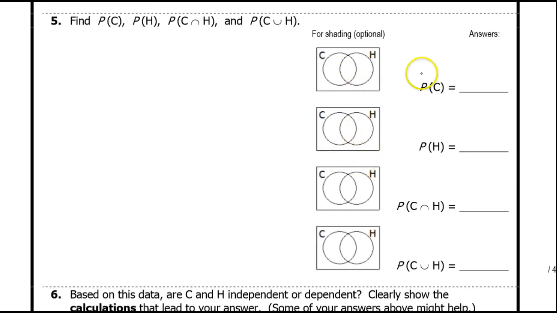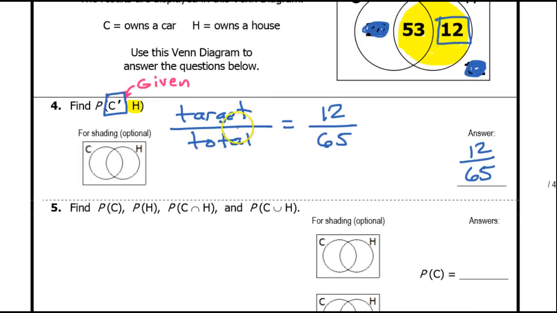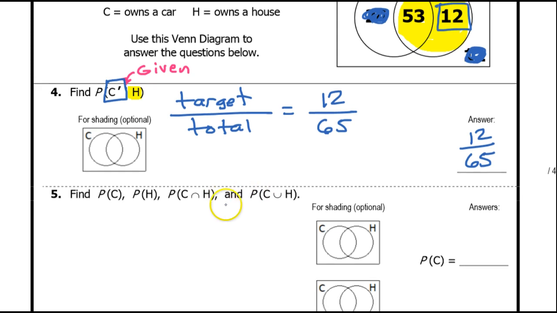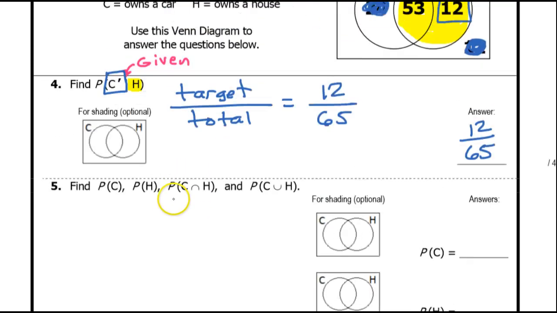All right, so we're about to find all of these probabilities. So let's find the probability of C. By the way, when you see the P, it stands for probability. Probability is target over total. So all of these should be fractions as opposed to just whole numbers. So the probability of C